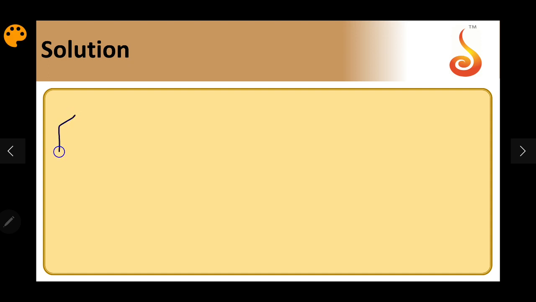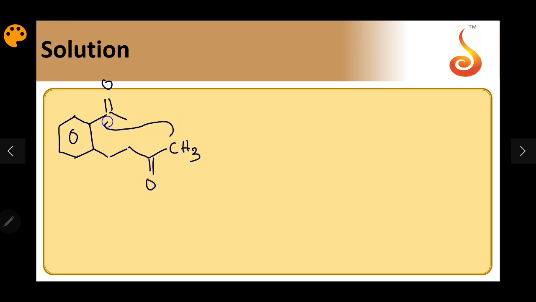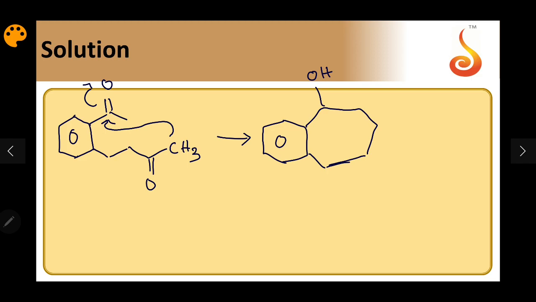The compound again I'll write. Now what happens? This will attack here. So I'll be getting a benzene ring attached to a 1, 2, 3, 4, 5, 6, 7-membered ring. Again the OH is here, then this is CH3, you will have a ketone here. So on heating, I'll get